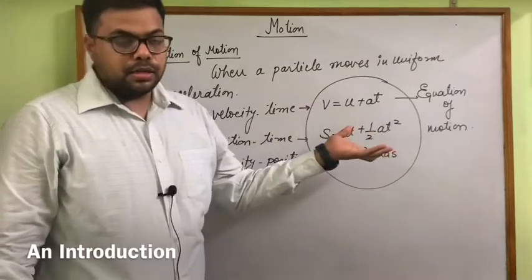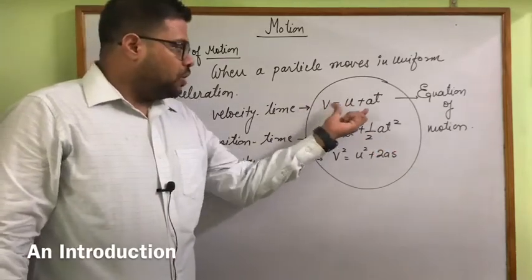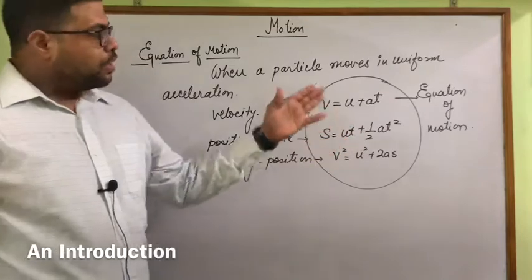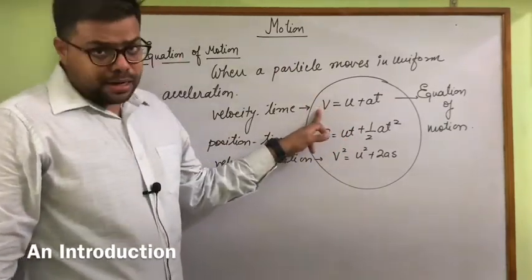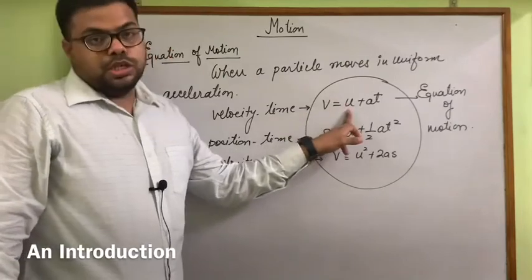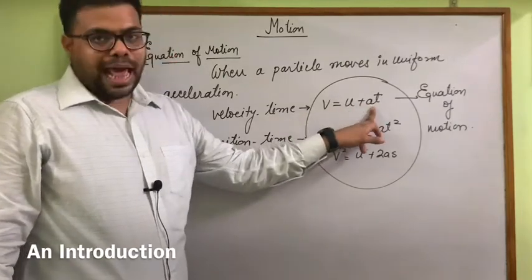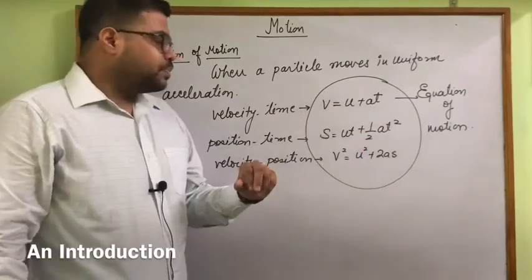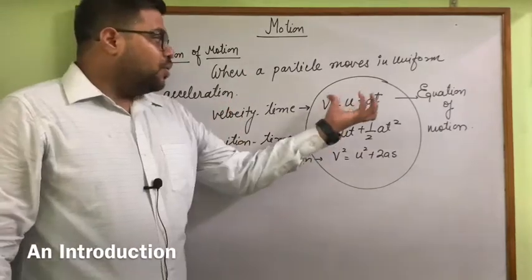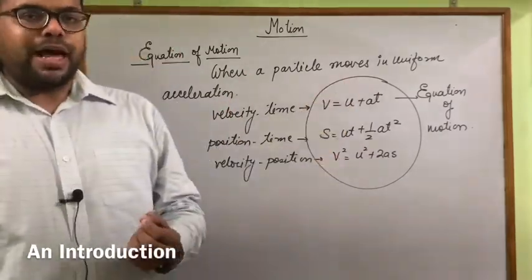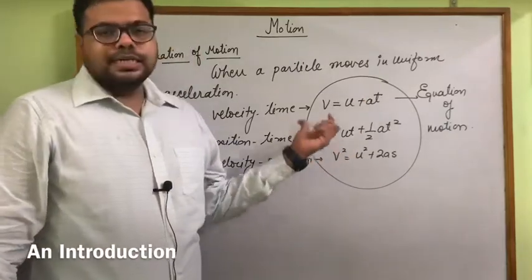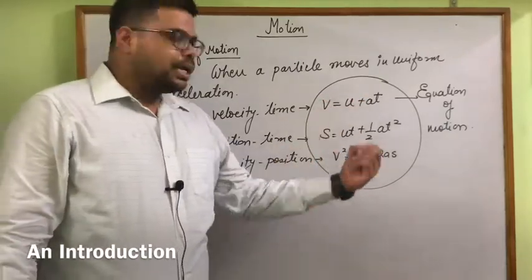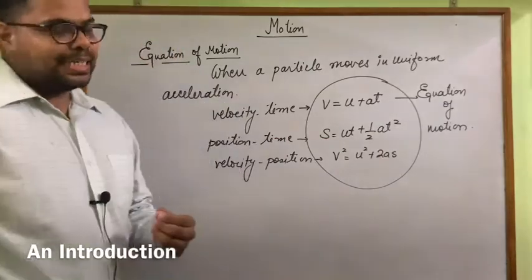Okay, now in this video lecture we are going to derive these equations, meaning how they can be made and how we can find the relations. Here we know about these variables. This is v, final velocity, u, initial velocity, a for acceleration, t for time. So here we can relate all these variables and make an equation. Here s is the distance, and all are the same as I stated.